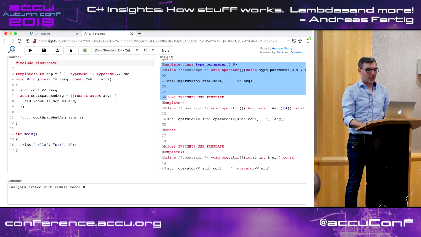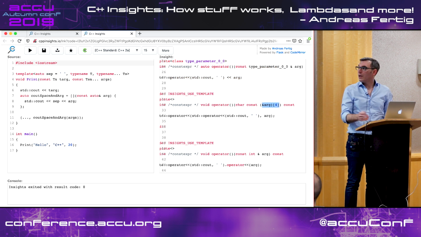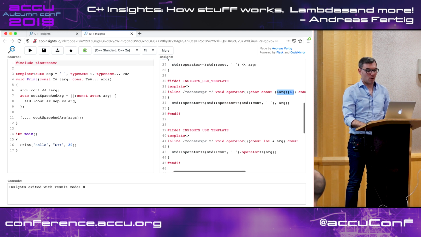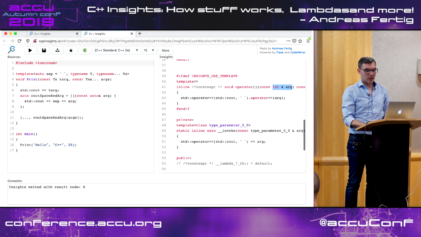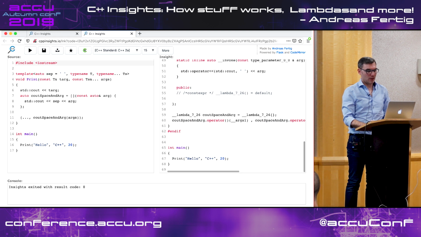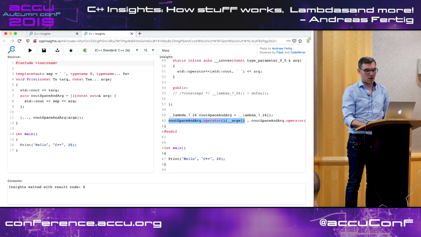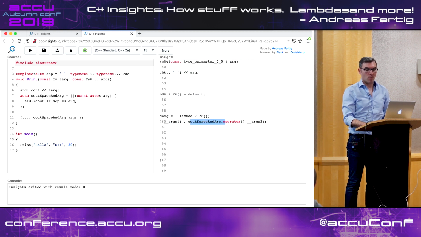And I have instantiations for the char array reference of size 4 and for an int reference. And below here, we can now see the lambda is invoked for the first argument, then the comma follows, and then it's once again invoked for the second argument.